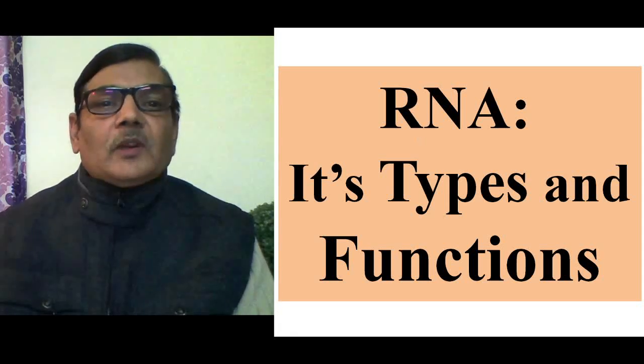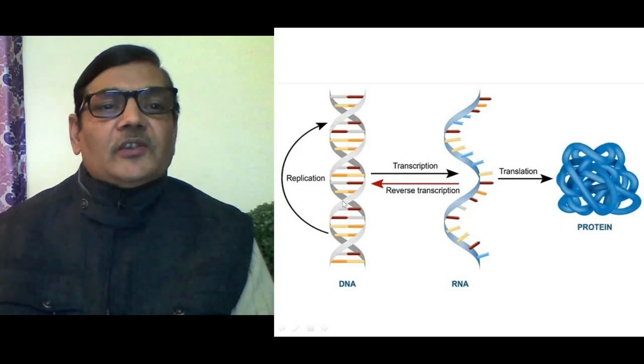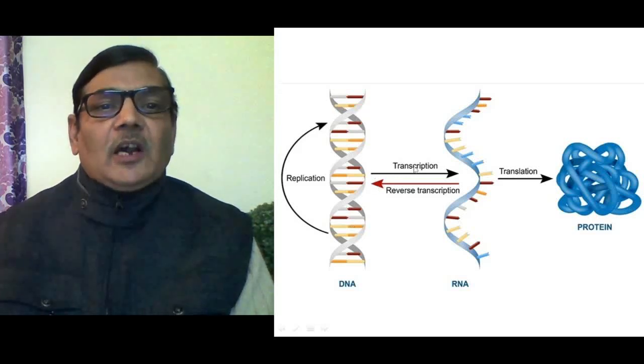RNA, that is ribonucleic acid, its types and functions. See, all organisms, whether eukaryotes or prokaryotes, possess DNA as their genetic material. This biomolecule is a double-stranded structure and it can undergo the replication process to produce its own copies. From a small segment of DNA, the RNA molecule is synthesized, and the process of RNA synthesis from DNA is